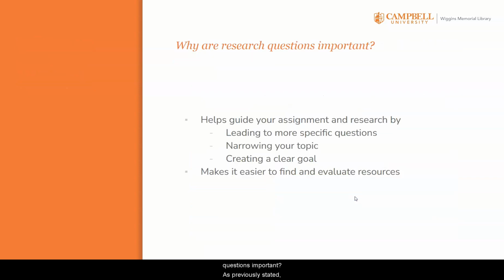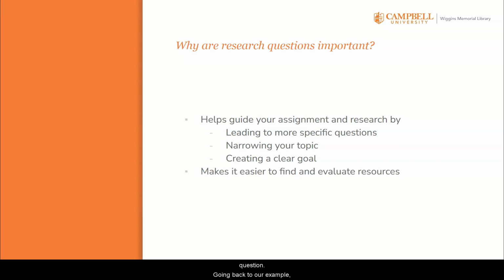As previously stated, a research question can help guide your assignment to keep it coherent. Like the journal article example, sometimes it even leads to more specific questions. Developing a research question helps to narrow the topic and direct research towards a clear goal, which then makes it easier to find and evaluate resources with the final assignment in mind. This doesn't mean that we are looking for sources that provide a specific answer, but rather we have an idea of what may answer our questions.